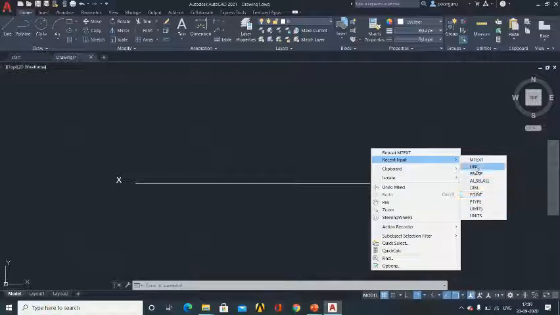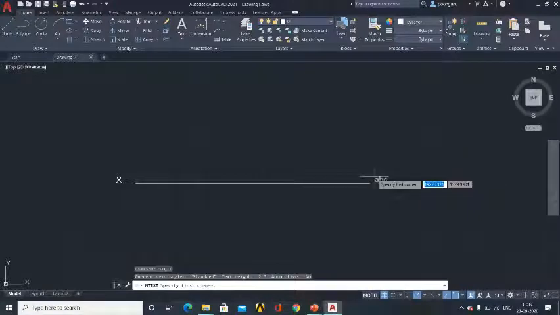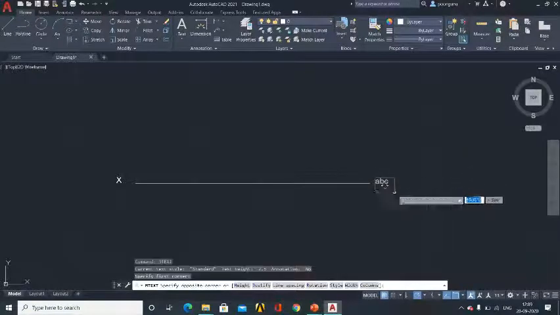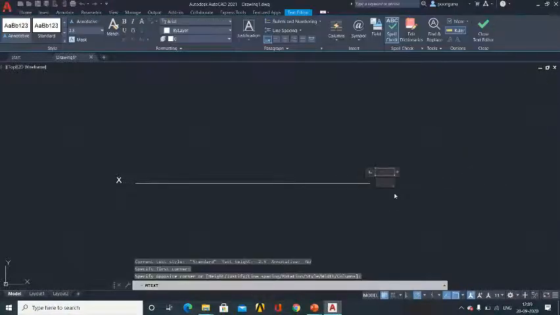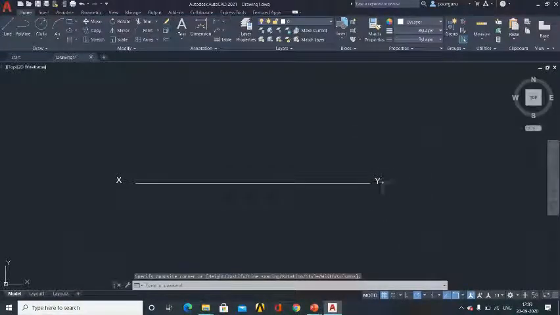That is how you can repeat the commands which you are using frequently. Then capital Y. So to come out of this command, you have to just click away from this text box. So now I have my XY line.